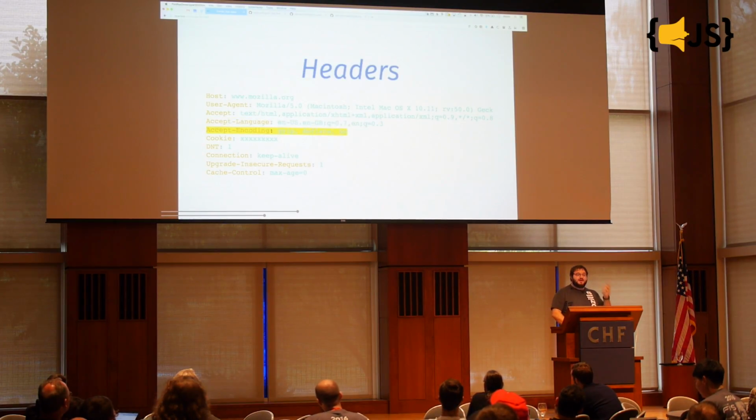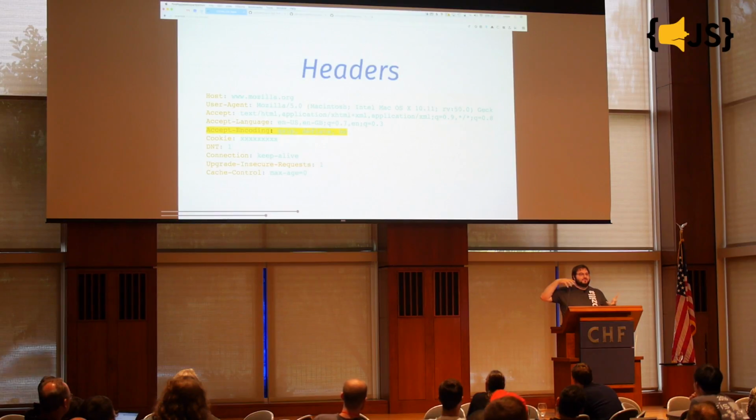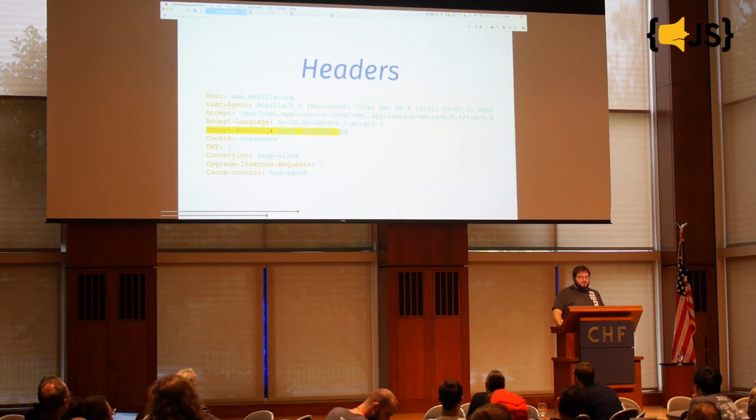We can also accept encodings, gzip and deflate, ways we can compress this stuff over the wire. This one's really important. If your browser doesn't support gzip and you've got a binary compressed version of a web page, you have a really bad time. In fact, Brotli, which is a brand new compression algorithm, has now joined this group, and it's very important that we say, I understand Brotli, because some modern browsers do,